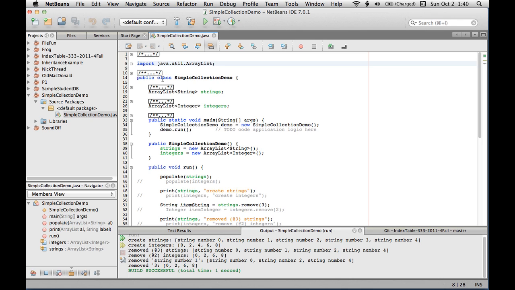And then I have chosen to package up my program into a class called SimpleCollectionDemo. I'm going to follow the idea of making an object of this type, my program object, and then executing code inside that program object for the demo. So that allows me to have some instance variables of